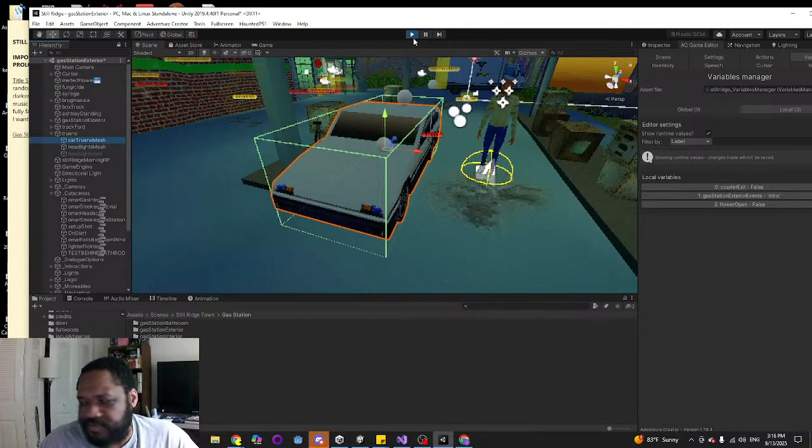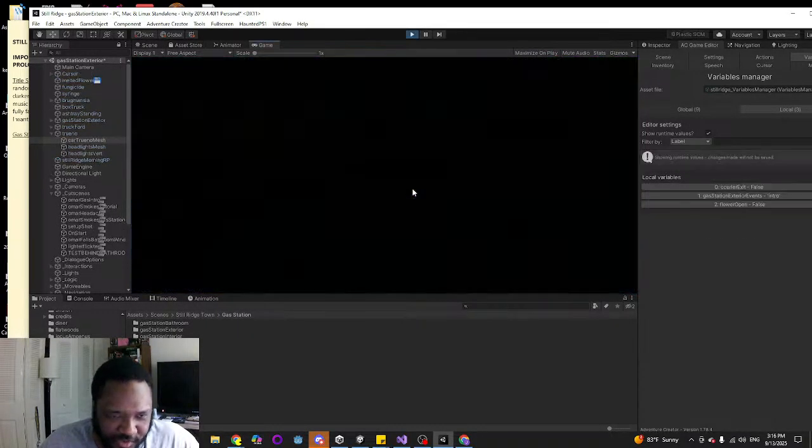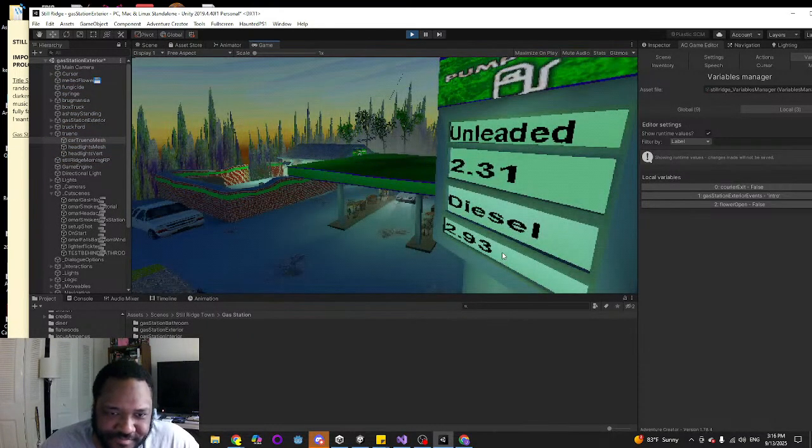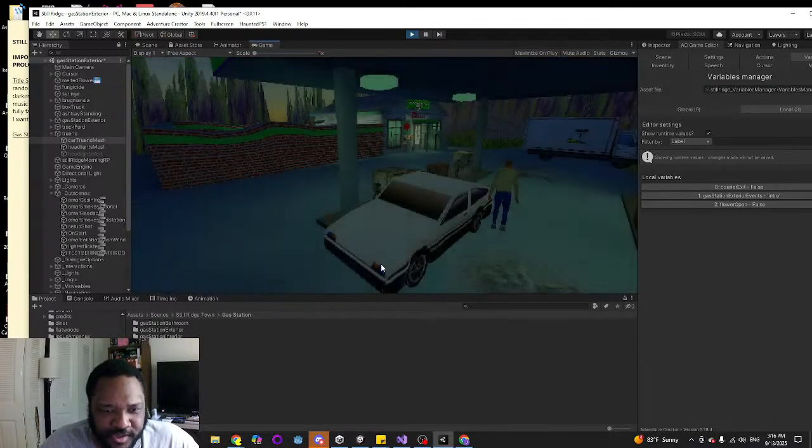I'm gonna reset this scene just so I can see what's going on with the car lights. Oh yeah, alright, it seems like the origin for the lights on the car is not set correctly.